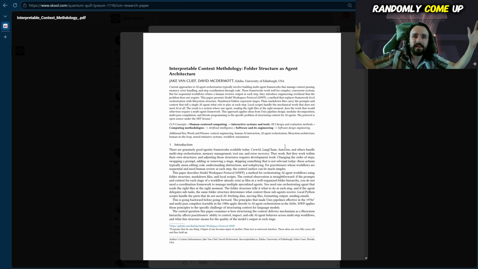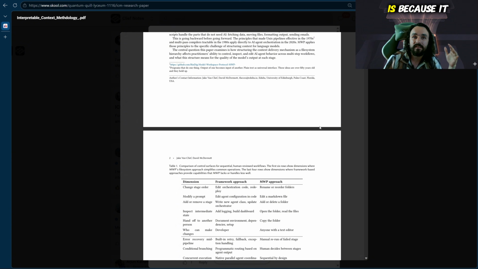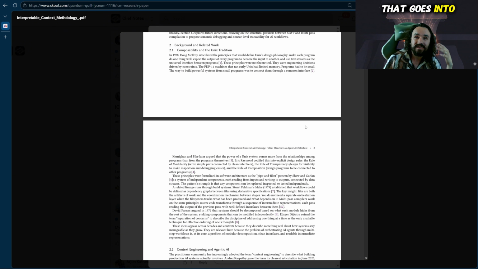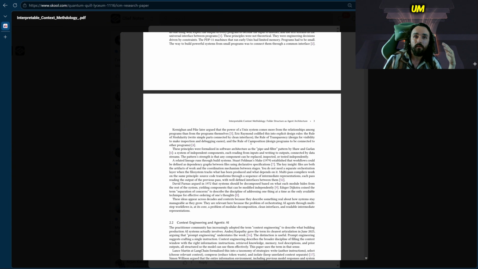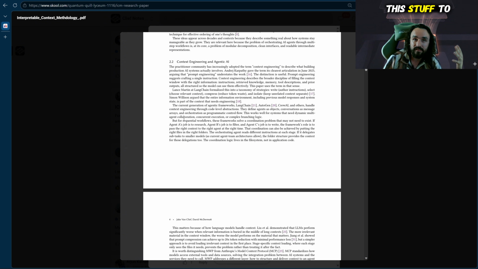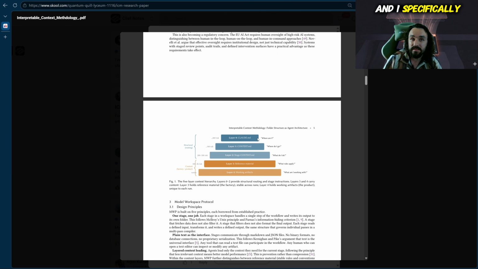Now, there is a lot of history behind my thinking. I didn't just randomly come up with this, and there's a lot of people who are already doing this. And the reason they're doing this is because it works. I'm writing a very large research paper right now that goes into the history of programming, rules of transparency, rules of composition, all the way back down to 1972. And then I'm bringing it forward and applying all this stuff to modern day AI, what it means to have humans in it. And I specifically talk about the layers that we could actually have. And I actually go into a 5-layer architecture in the paper, but realistically, most of you just need to understand the 3 main layers that we talked about here.